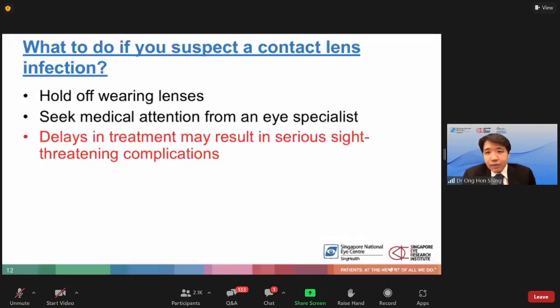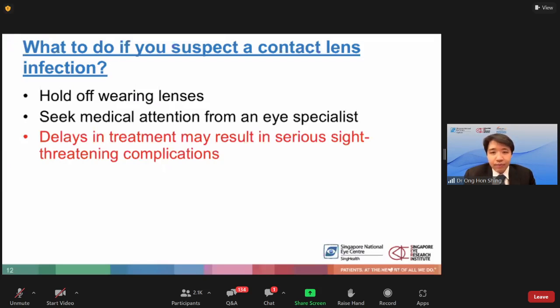If you suspect that you have a contact lens related infection, the most important thing is to stop wearing your lenses. Okay, the next important thing is to seek medical attention from an eye specialist. If medical care is sought quickly enough and early enough, and treatment is started, most complications can be easily avoided. However, more serious infections can cause more pain and even permanent visual loss, depending on the cause of infection and how long one waits to